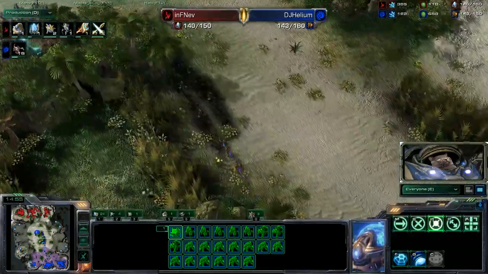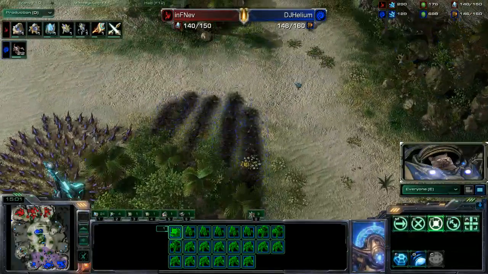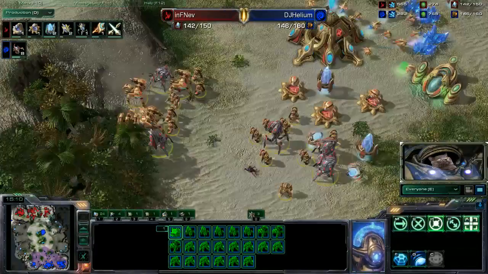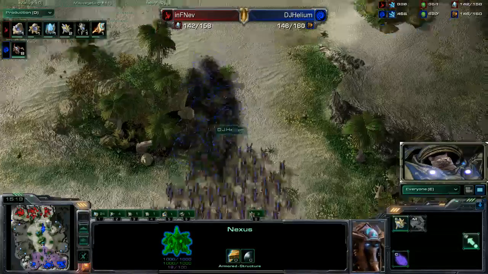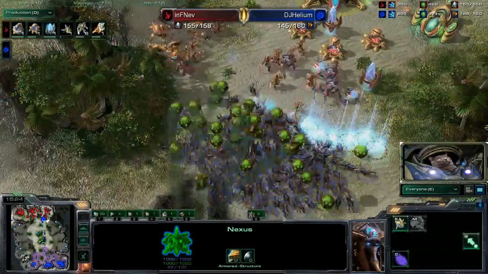It'll come down to the micro of both players, really. The micro of the Infestors, particularly those fungal growths, will have to be devastating on the Zealots, as well as carefully choosing exactly when he wants to engage. There's not much he can do to prevent this third from being built, but I think Helium is thinking just that. I think he thinks he can get in there and do quite a lot of damage. He doesn't have to worry too much about all of those